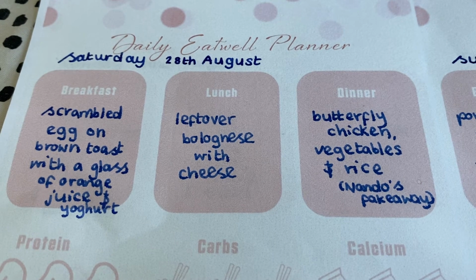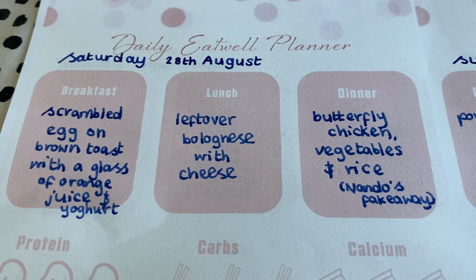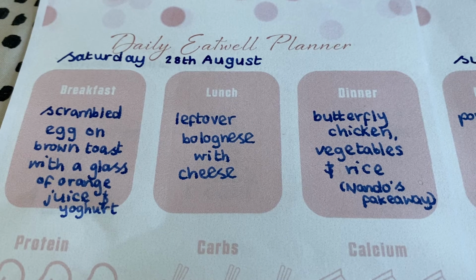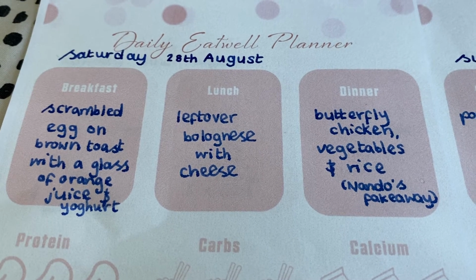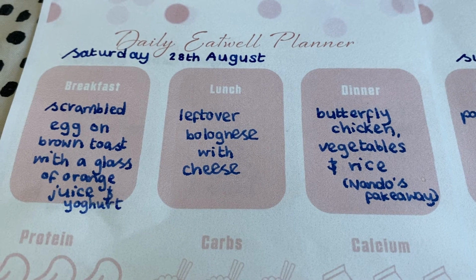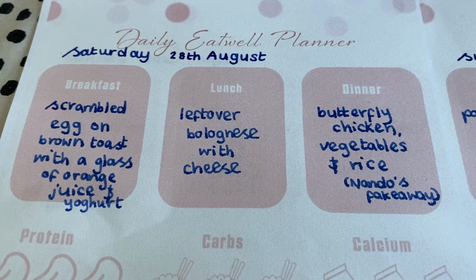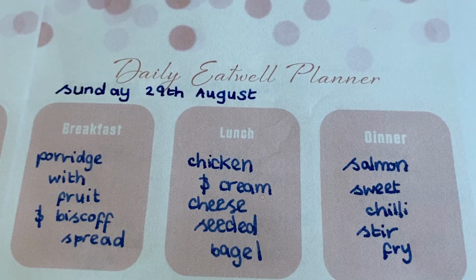And then for dinner I've got butterfly chicken, which I've got a Nando's sauce that I'm going to use as the marinade on my chicken. So I've got my portion of protein. I'm going to fill the plate with vegetables that I like and serve with some rice, and it'll be like a Nando's takeaway. Then for the next day I've gone for porridge with fruit,